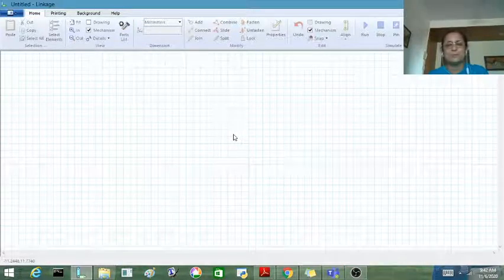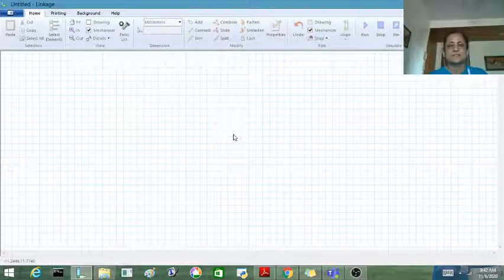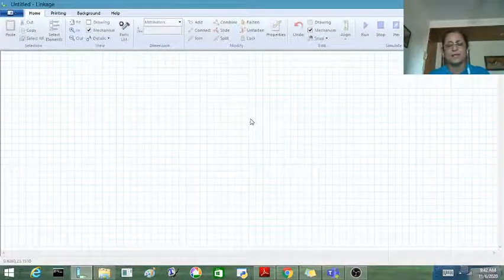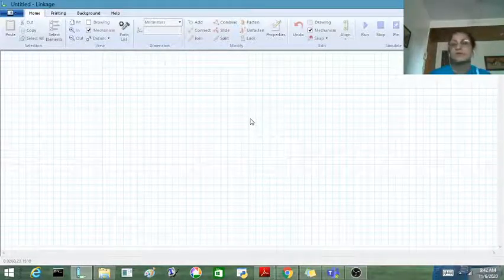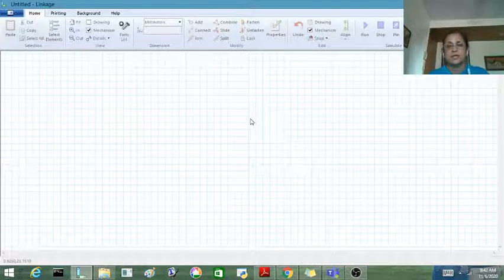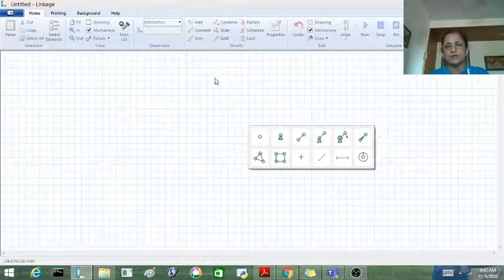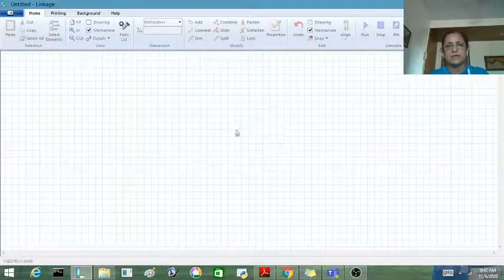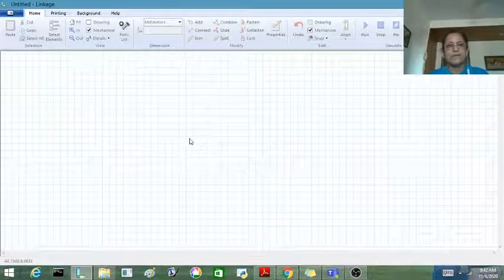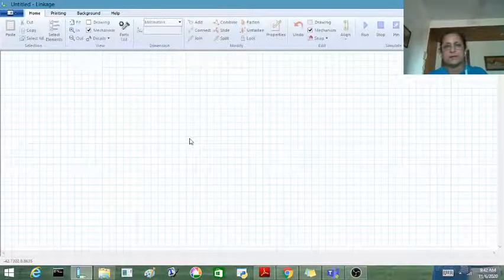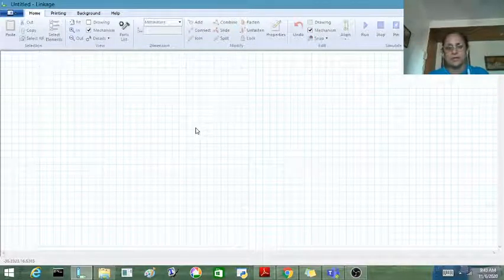We will not be able to see each and everything, but we will see at least some samples today. First, you are going to design your own mechanism, and since we have seen the 4-bar mechanism, let me think of that. There is a grid already here. You can enable or disable that grid, but we will see about it a little later.